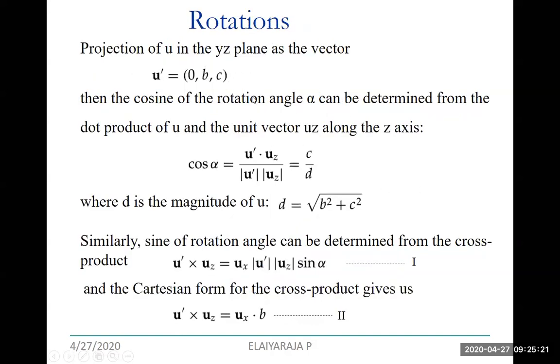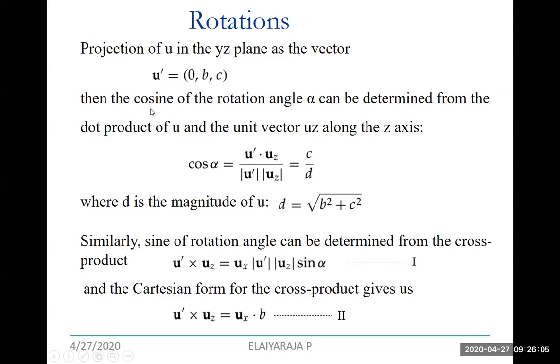So same, you put into projection of U in yz plane as the vector. So you are going to take the value 0 comma b comma c, which means your U value is equal to a comma b comma c. That's what we saw in previous slides. Okay, so your translated rotated U dash value with respect to yz plane is equal to, yz plane means x value is going to be 0. So 0 comma b comma c.